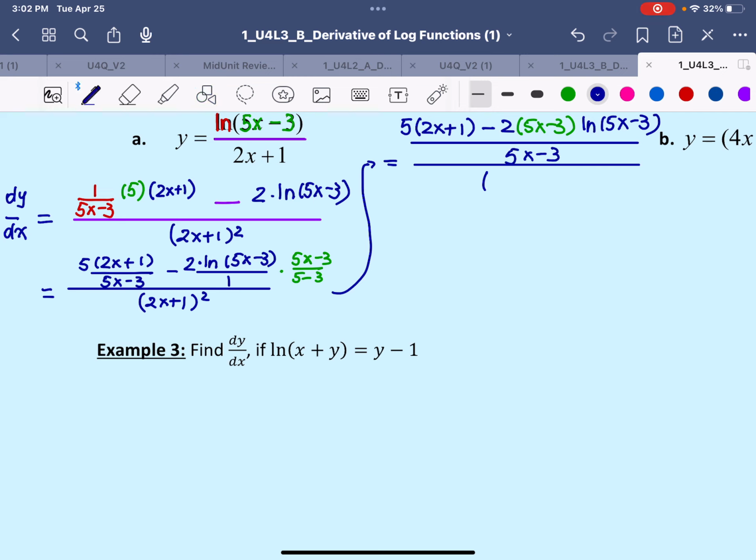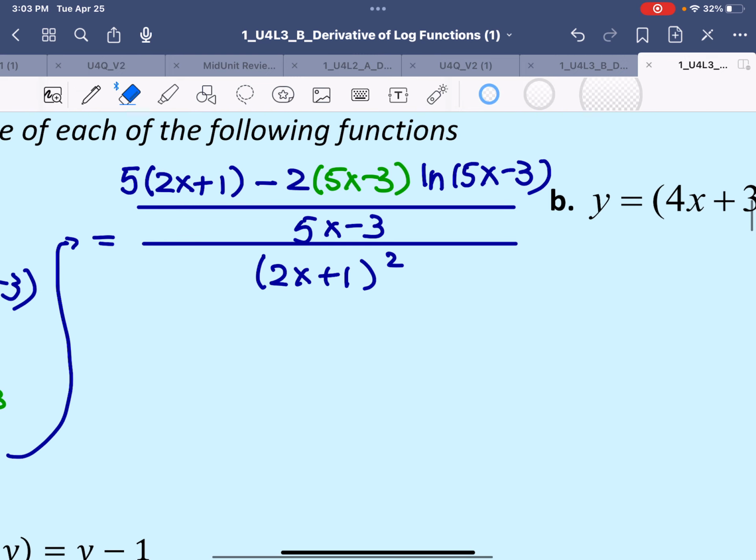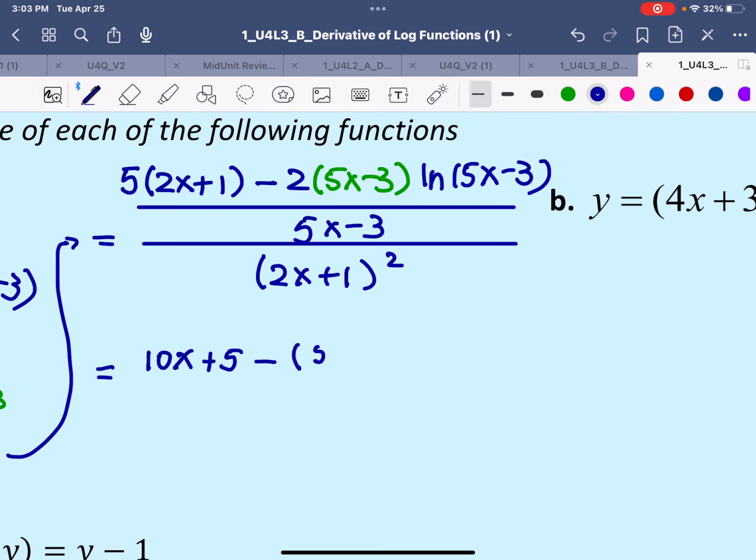And that would be over 2x plus 1 squared. So let's see what else we can do here. Equals. So we'll write the numerator first. So we'll expand in the meantime 10x plus 5 and then minus. You can bring number 2 in. So that would be 10x minus 6 and then ln of 5x minus 3